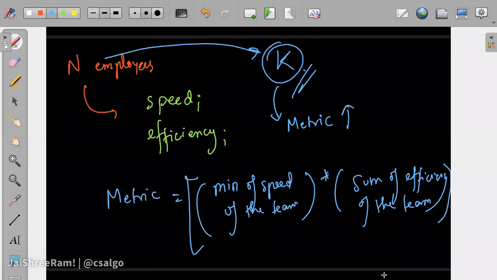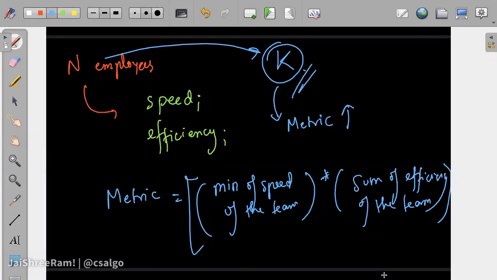Think about this. How would you solve this problem? Find a k people team so that this metric is maximum. If you take persons 1, 2, 3, you take the minimum of their speeds, that's the min of speed of the team, and the sum of efficiency is the summation of them. You have to just print the maximum metric that you can make.